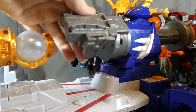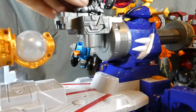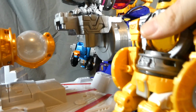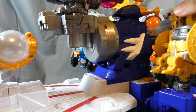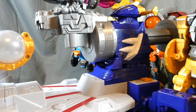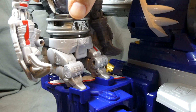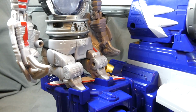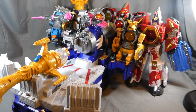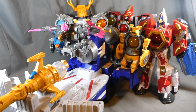Alright, so for the bazooka part, you're going to want to just flip that up so it is flat, and then Washi Voyager will just sort of sit right up here. Tenbin will be in this weird kneeling position, and he will slot in right here on those little grooves. And then over here, same thing, Hibitsukai Voyager's feet will slot into those little tabs right there, and they just kind of sit in there. They're not pegged in or anything like that, but they sit pretty decently. And there you have the full bazooka mode formation, which just doesn't fit in my review station at all, but